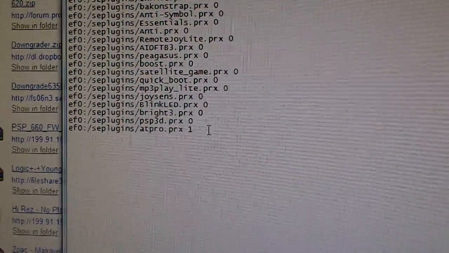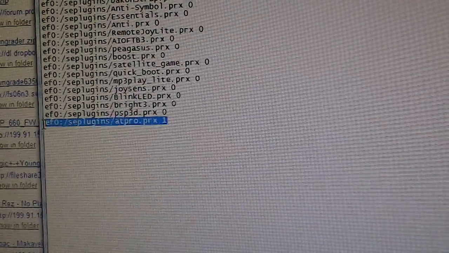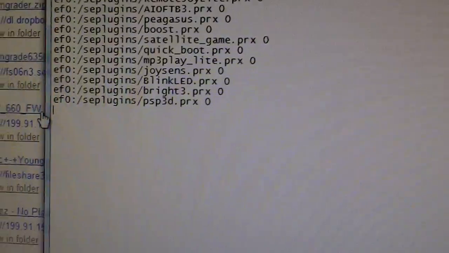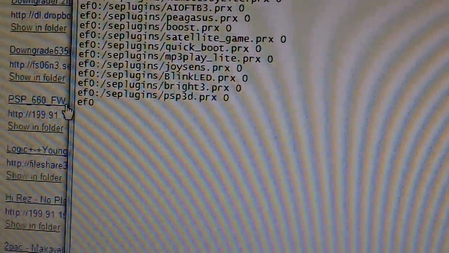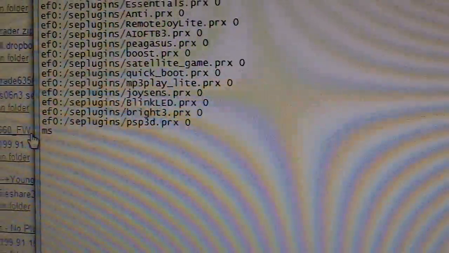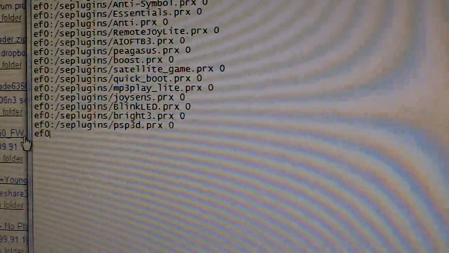You're going to open up game, and then at the bottom, hold on, let me get rid of this. I already have it in here, but let me get rid of it so that I can show you guys how to do it. You want to type the following line. Now I have a PSP Go, so I have to type EF0. If you have a regular PSP, a 2000 or 3000, you would type MS0, okay? But for all intents and purposes, EF0